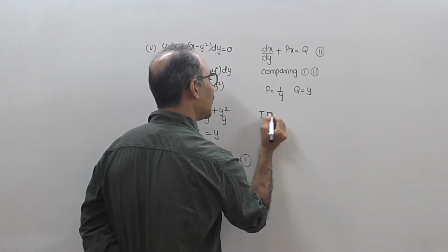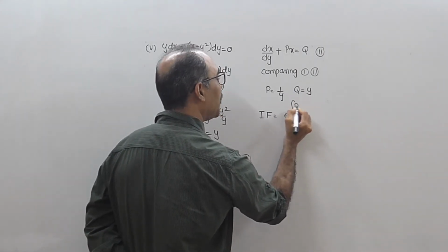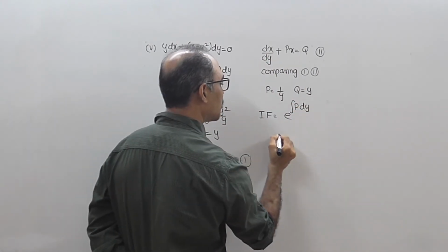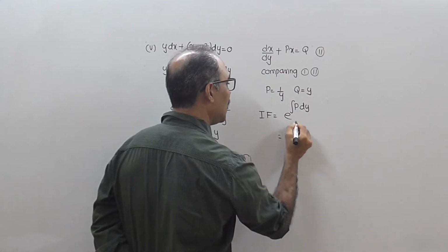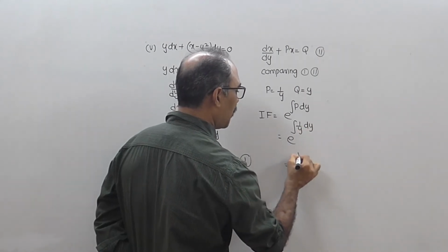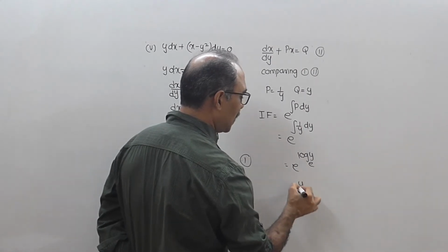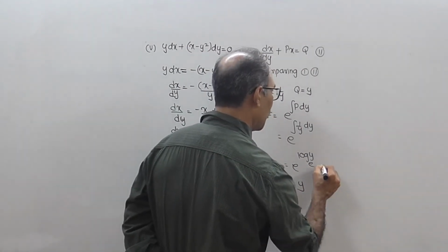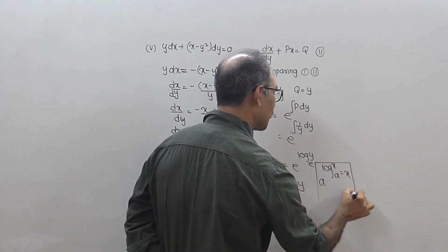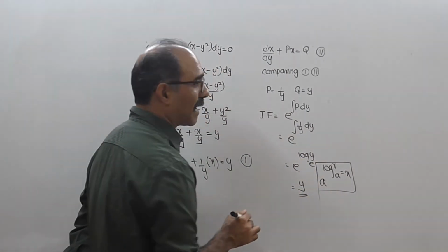Now going for the integrating factor. Integrating factor is e power integration p. We are differentiating with respect to y, therefore we have to integrate also with respect to y. So I get this as e to the integration 1 upon y dy. 1 upon y integrates to log y. Put a base as e. If you put a base as e, I think the answer is y, because there is a formula which says that a to the power log x to the base a is equal to x. So on that grounds, e raised to log y to the base e will be equal to y.